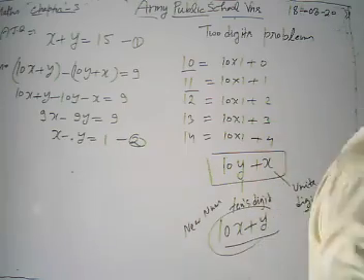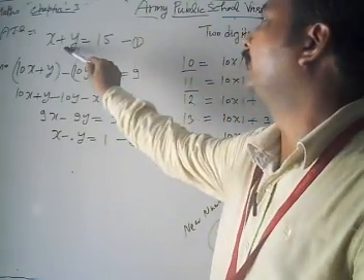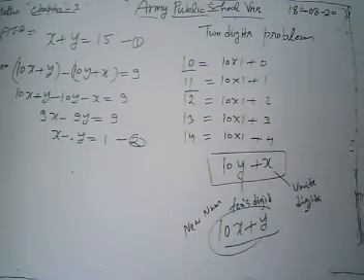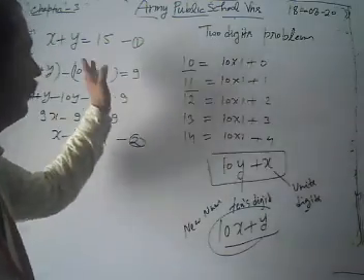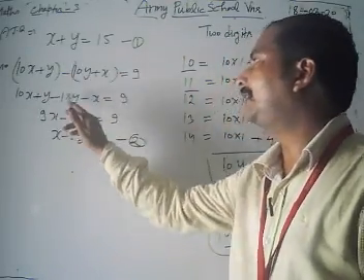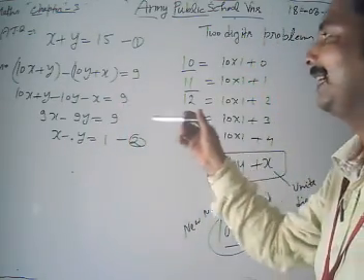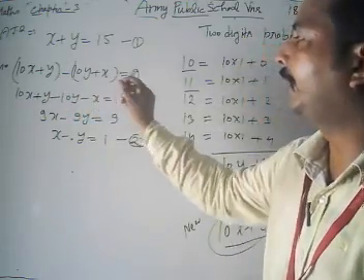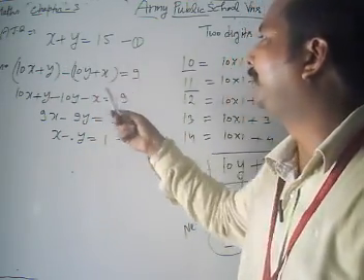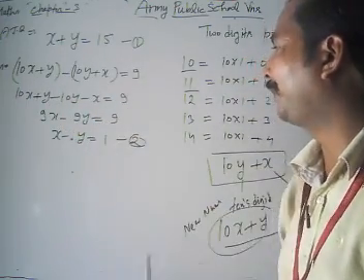Now look, we have two equations. We have a pair of linear equations here. The first one is x plus y equals 15, since it's given that the sum of the digits of a two-digit number is 15. And then it's given that when we interchange our digits, the new number exceeds the original by 9. Then we put 10x plus y minus 10y plus x. After solving, we get x minus y equals 1.